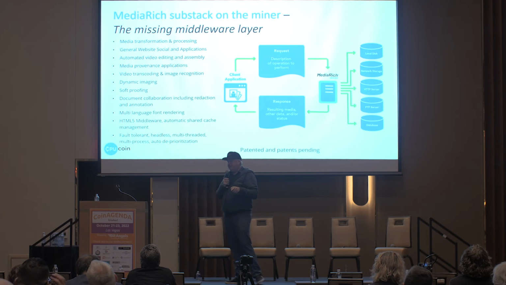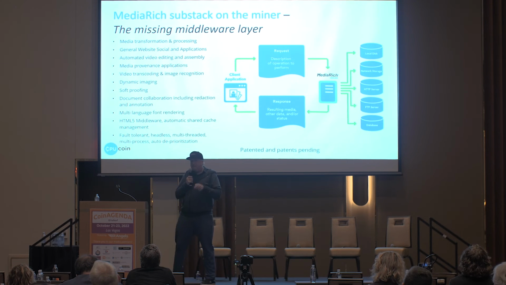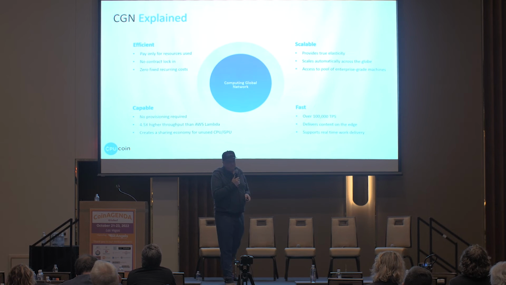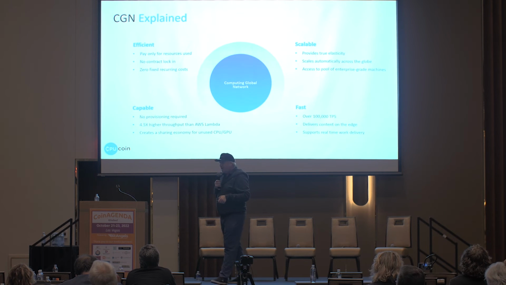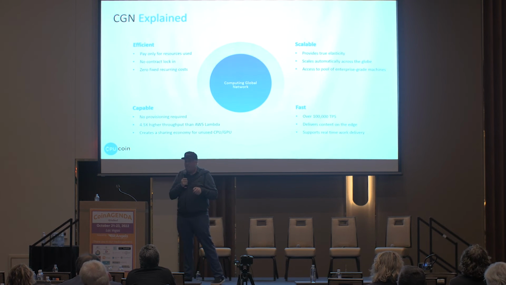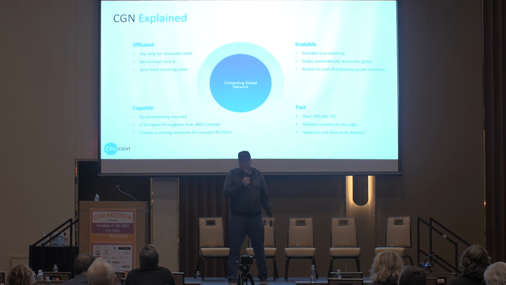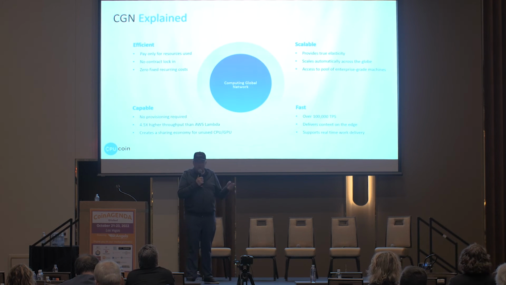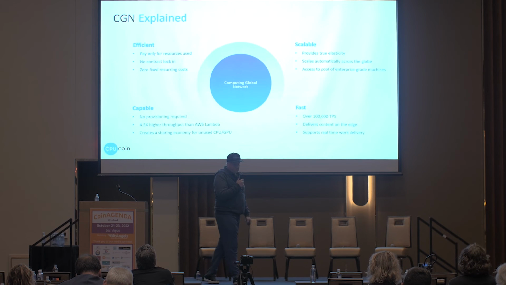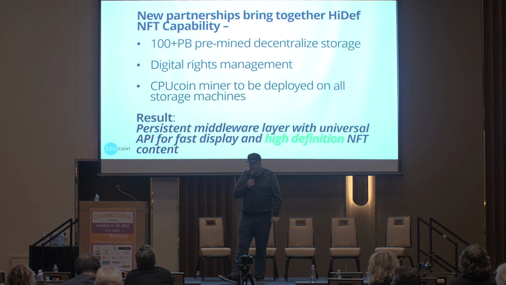That capability can be applied to many, many different applications. So the network is efficient, scalable, it's fast, and it's very capable. And it's built to do a hybrid micro transaction TPS of over 100,000 per second. Effectively, what we've got today is you can go and see at CPUCoin.io the capabilities, and I'm going to just